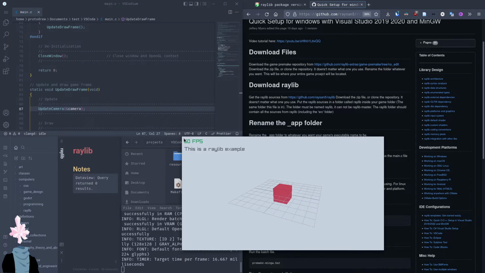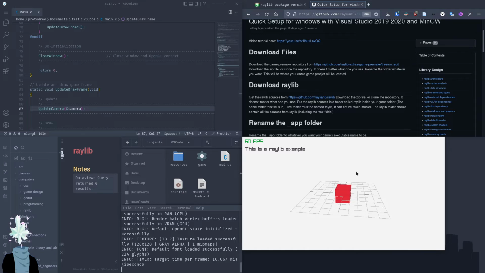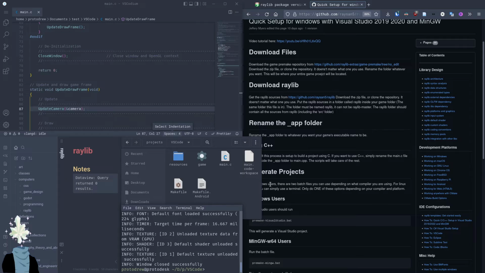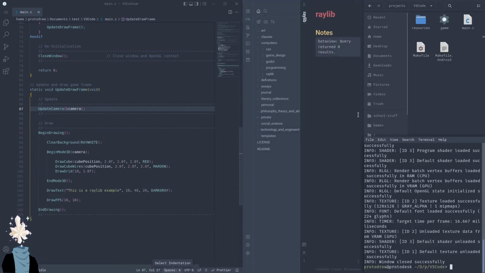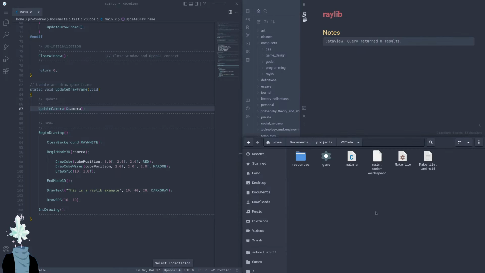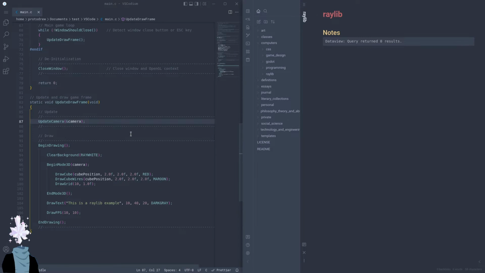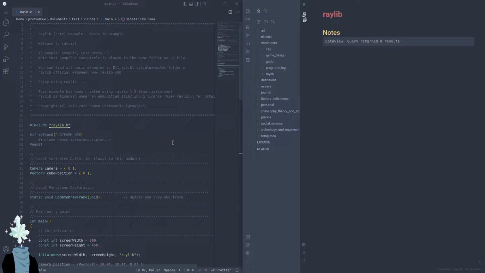As you can see here, we've got the little Raylib example pulled up. We've got some nice little cube rotating on a little grid. We got some text. So I think the first thing that I'm going to do before we start jumping into documentation and coming up with a project is just figuring out